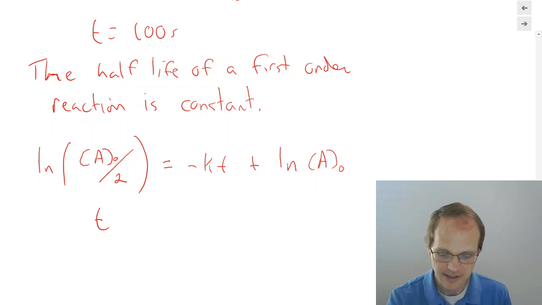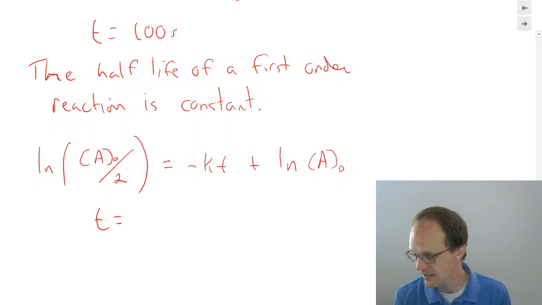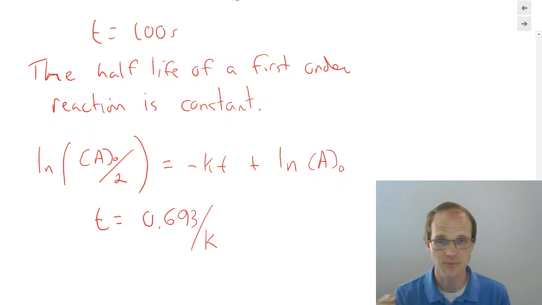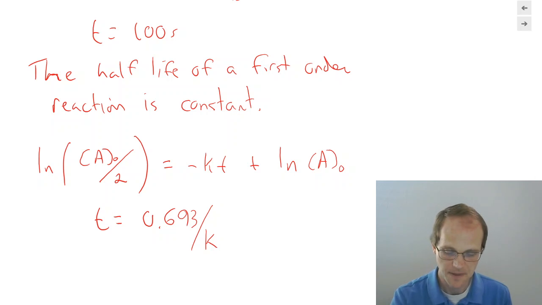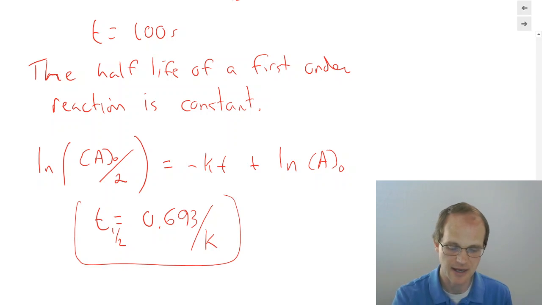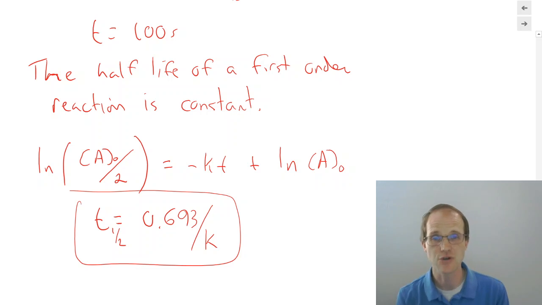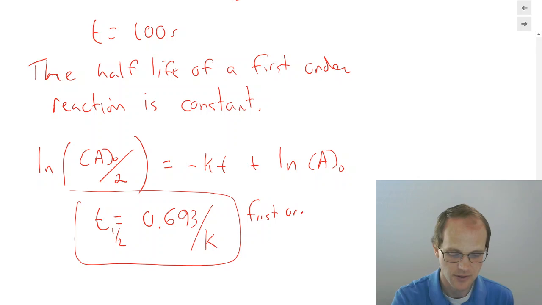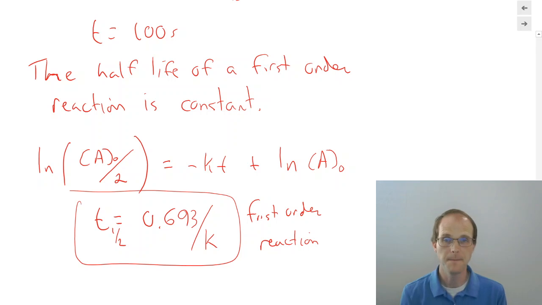What you end up with is that if you solve this, you get that t is related to the natural log of 2. Most people will just use the numeric version, 0.693 over k. So k is a constant, 0.693 is a constant, and so you get that. And people usually call this the half-life. So they say t1/2 is 0.693 over k, and that's for a first order reaction, right? Not for any other reaction. First order reaction. Good equation to know, 0.693 over k.